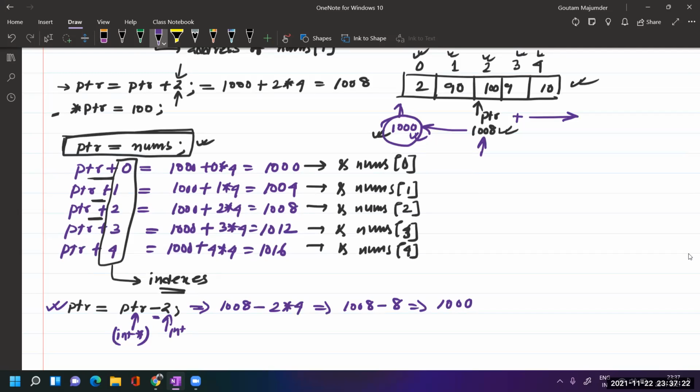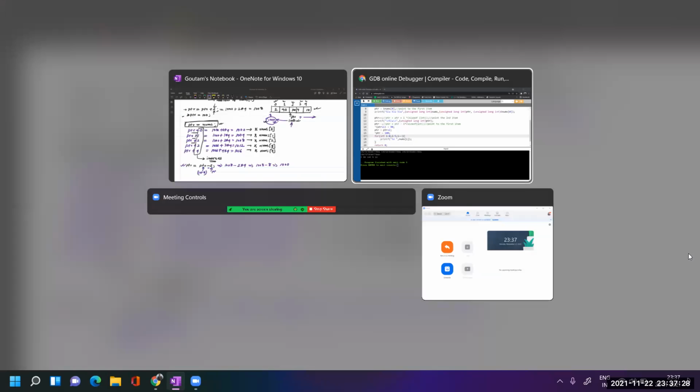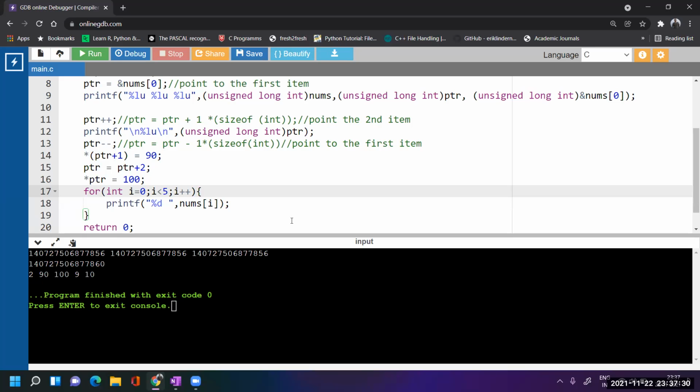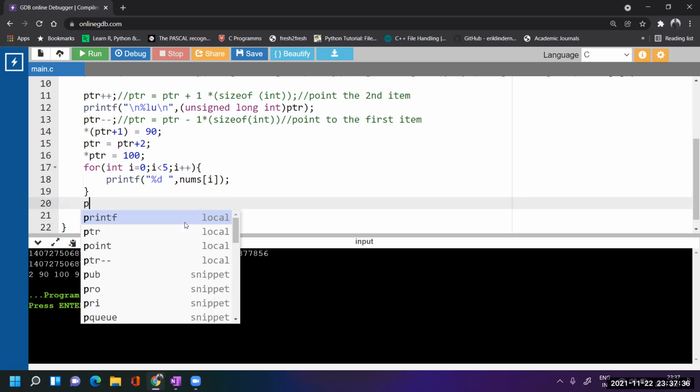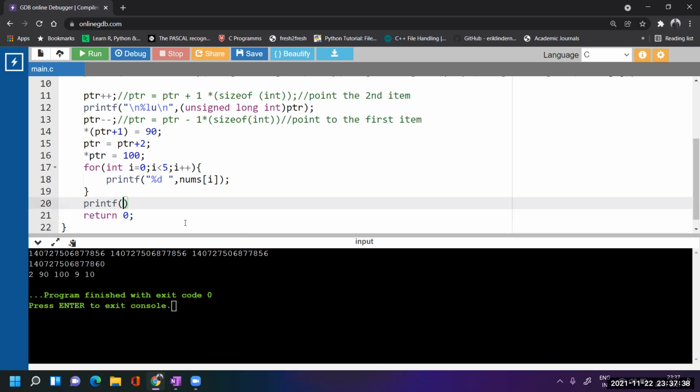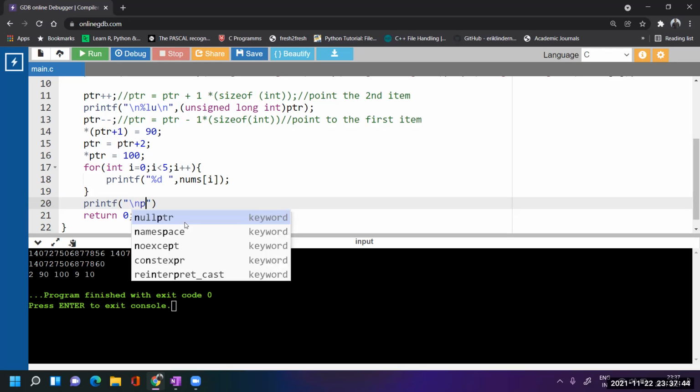Okay, so now let us see where PTR is pointing in the compiler after all these operations. After printing this array, let us check the value of PTR. Printf \n.